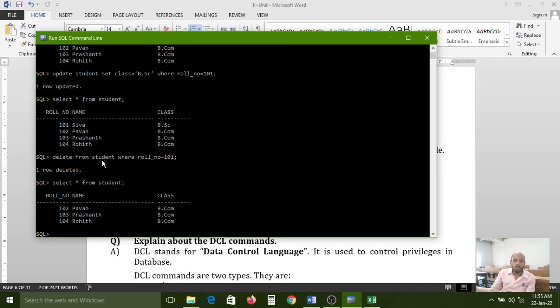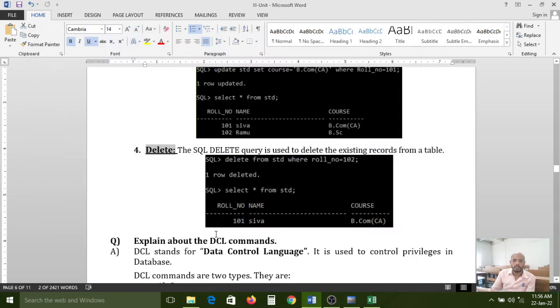Delete from which table? Student table. If you run this one as is, it will show the error. So that's why now I want to delete only the first person's data, the first record, where roll number is 101. First it will fetch the 101 data, 101 Siva BSc. After that, delete from that student table. That particular single record it will delete by itself by using the delete command.